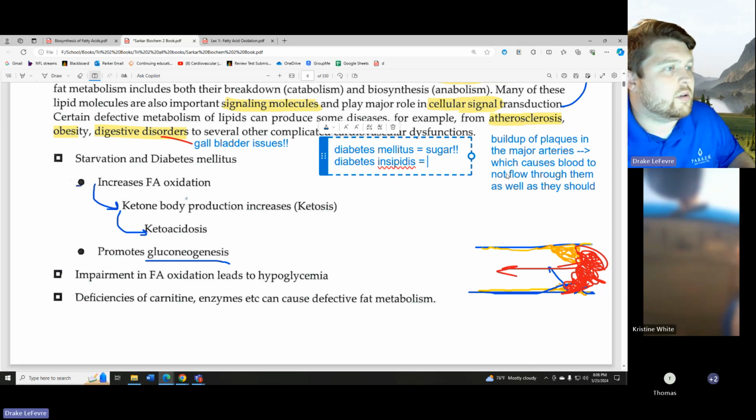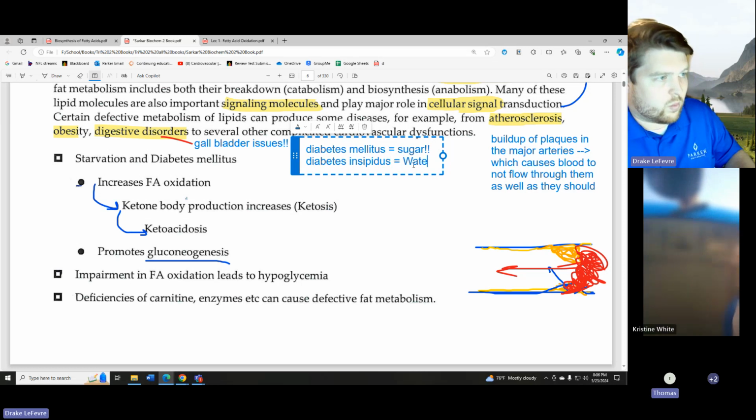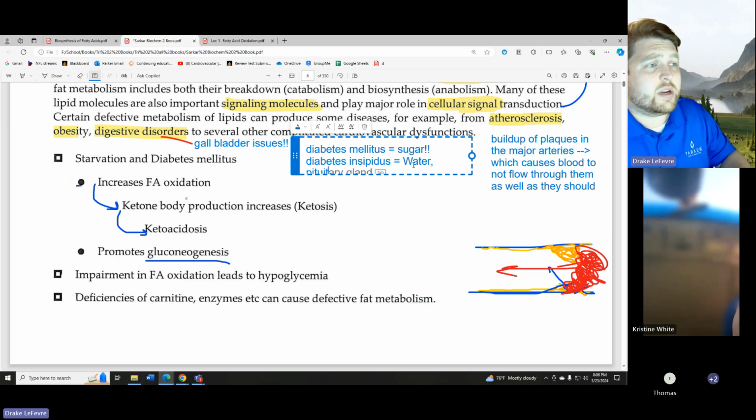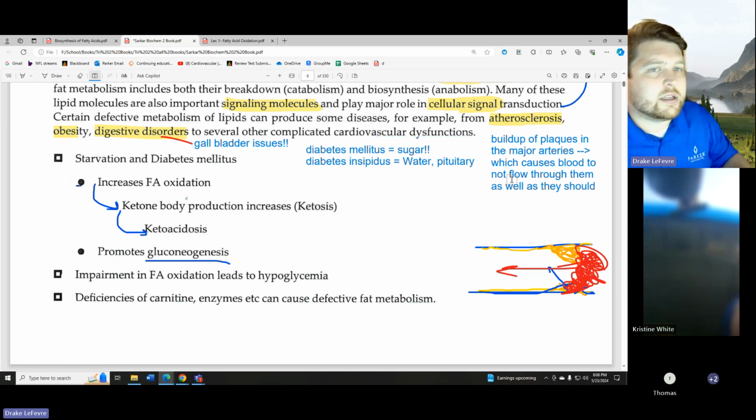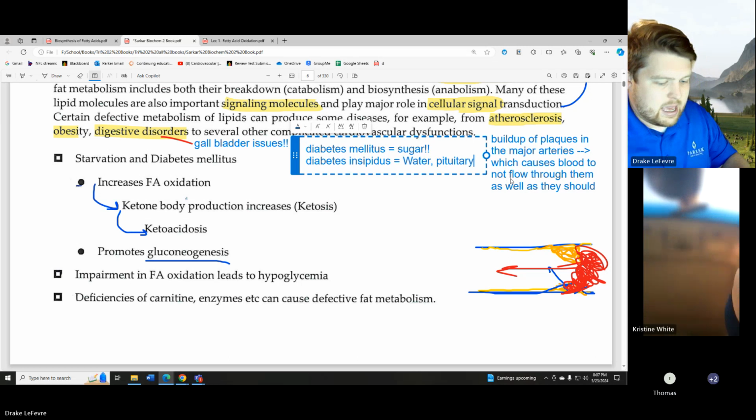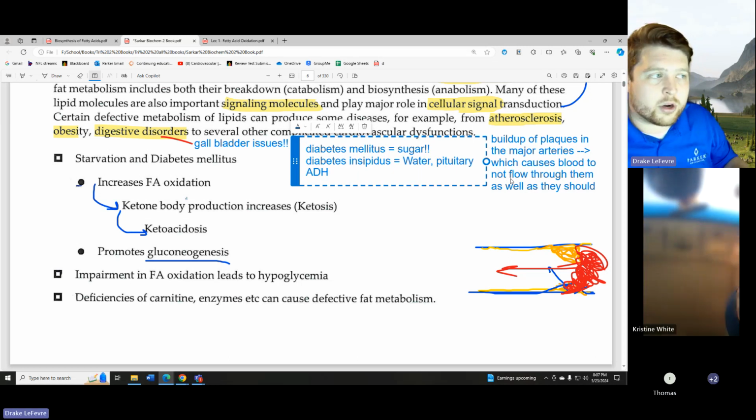That has to do with, you're exactly right, with water, the way that our body stores water. It's a pituitary gland issue. The gland that sits in your skull, kind of like right here inside of the sphenoid bone, inside of the sella turcica. It produces anti-diuretic hormone, or ADH. And when you have a whole bunch of issues with ADH, that's when you get diabetes